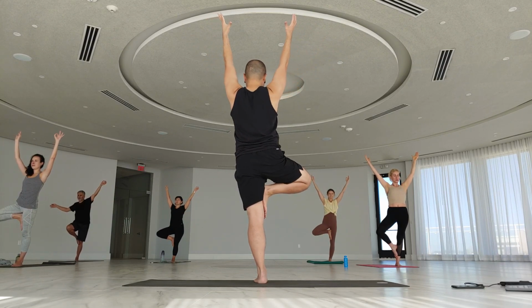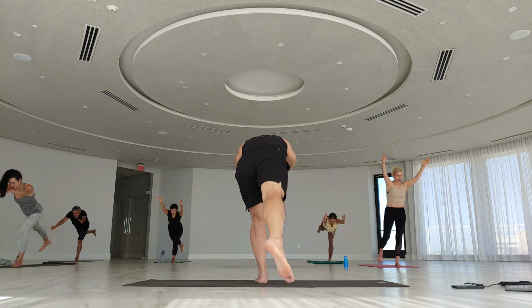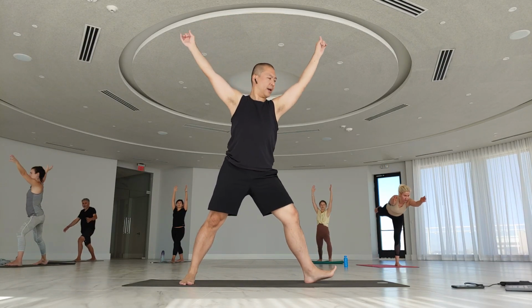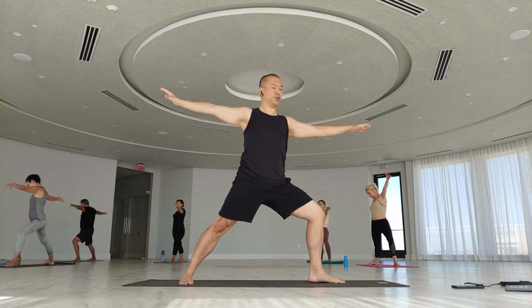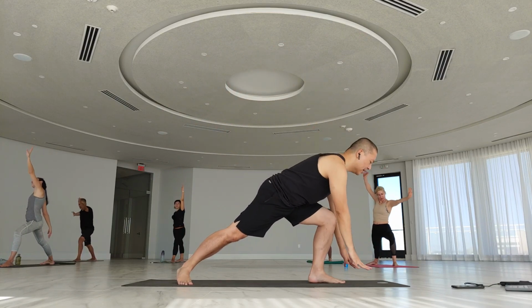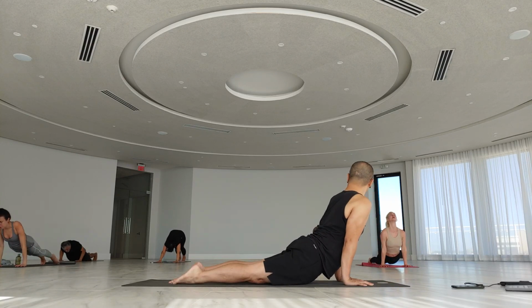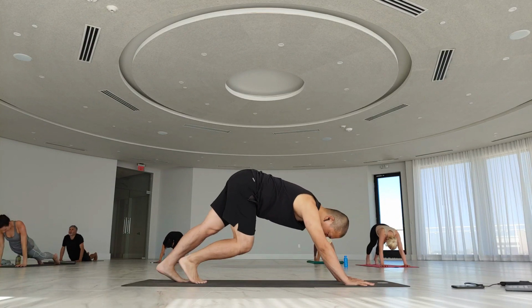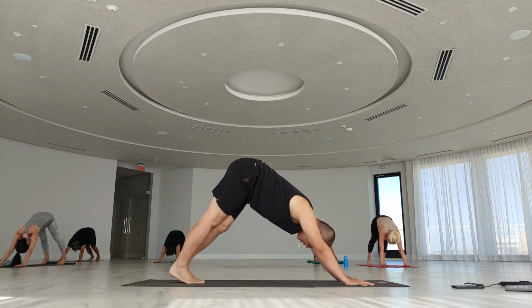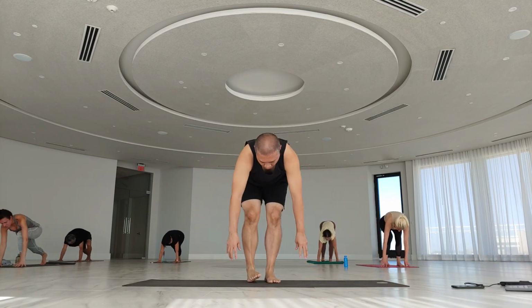And through warrior 3, start to step it back into warrior 1. And then open it up to warrior 2, reverse warrior, hands to the floor, chaturanga, up dog, down dog. Step the left foot forward, low lunge, right foot forward, standing forward bend, you're toward the front of the mat,